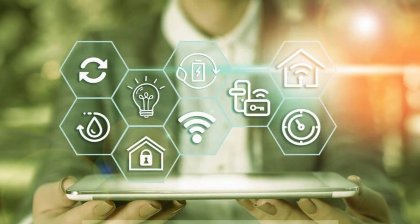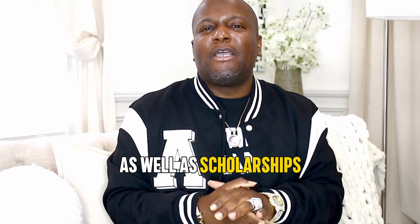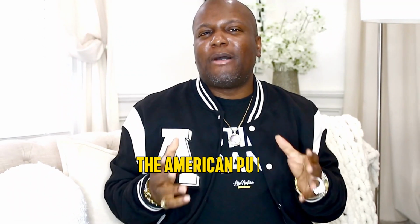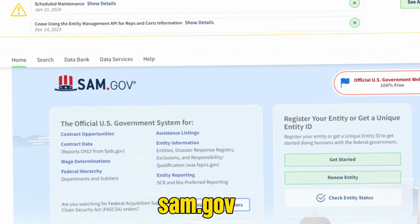So this gives you a glimpse and also brings you closer into some of the directories and some of the programs that are available, and you can start to tap into doing more business and getting not only federal assistance, but actually doing business with the government. So in SAM.gov, you can find the CFDA and the entire federal assistance programs, which includes grants, loans, as well as scholarships under their assistance listings section. And these are all programs that are available to the American public. This is one of the reasons why this website makes our list of some of the top grant websites for this year. So if you'd like to get more information on the CFDA, you can go directly to